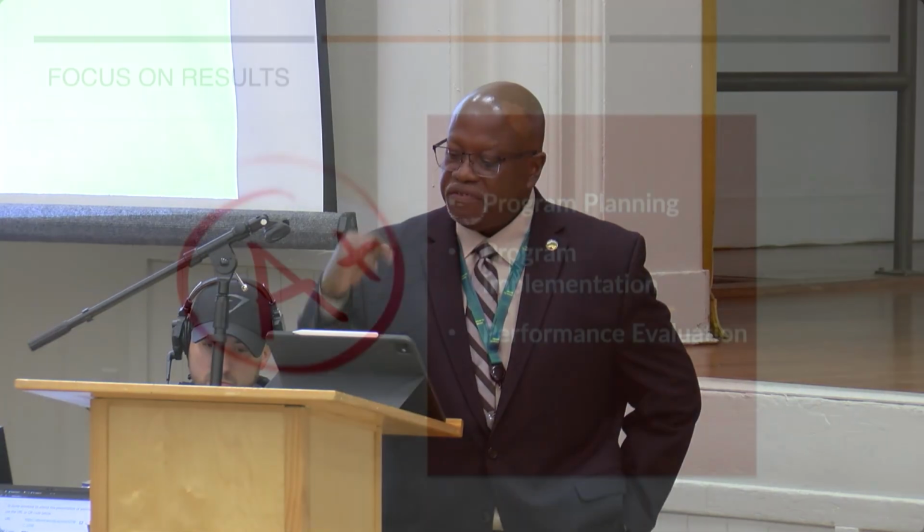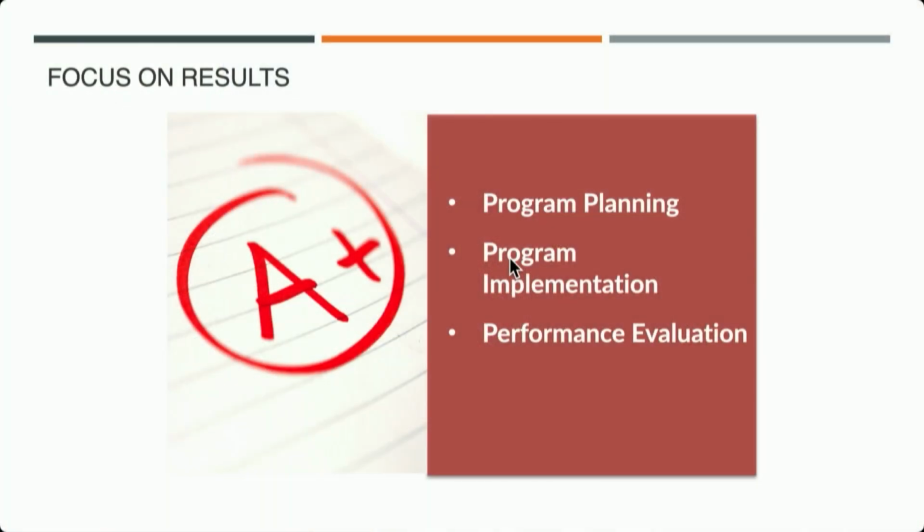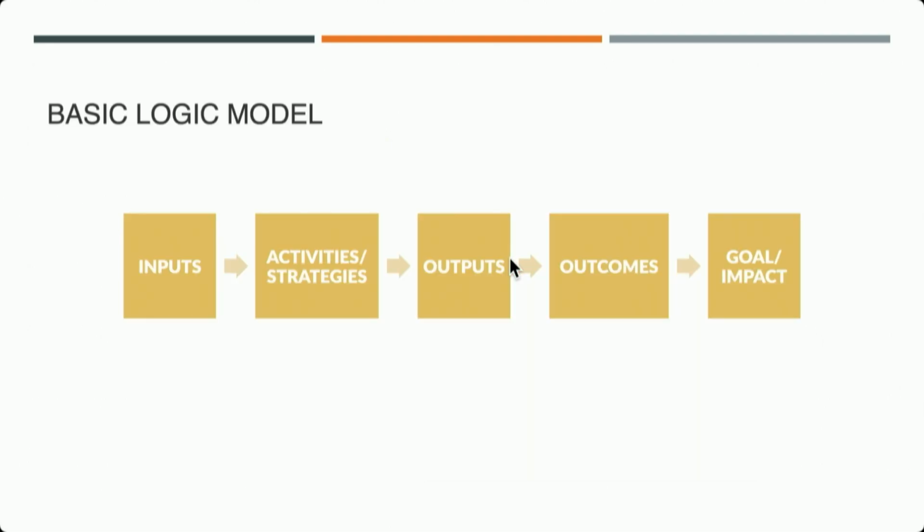So when you're beginning to develop this logic model and you're beginning to develop your evaluation, the two go hand in hand, because you're looking at program planning, you're looking at how the program is implemented, and the performance evaluation ultimately. So this is your basic logic model outline. A logic model has really 5 elements, right? Just these 5 elements. The first element would be inputs that your organization is actually putting into this program should you get the grant money.